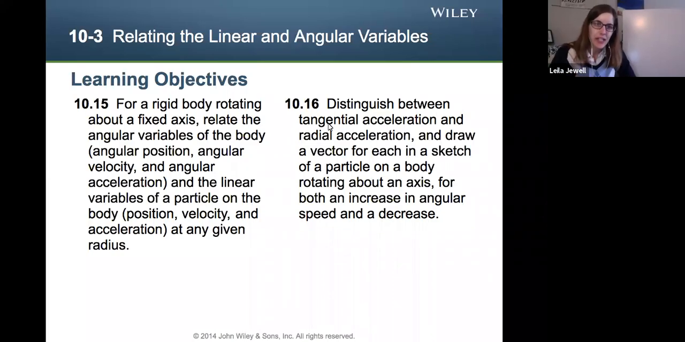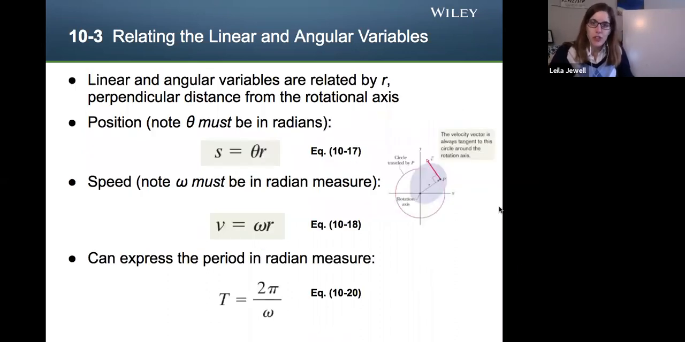Okay, going back now to section 10.3, relating the linear and angular variables. So this will allow us to go back and forth between the angular variables that we got in the first two sections and our linear variables that we already know from chapter 2. So the short of this is that the linear and angular variables are all related by r,